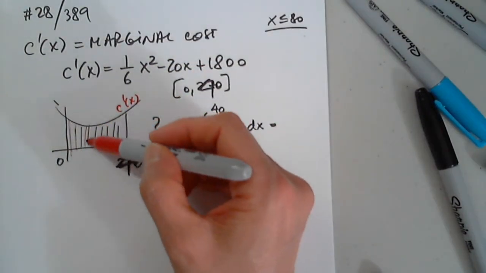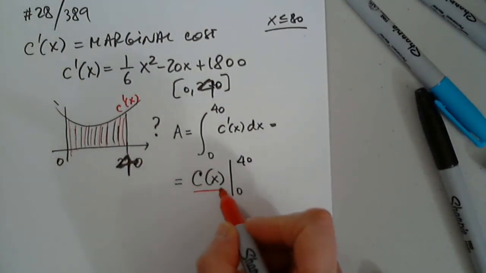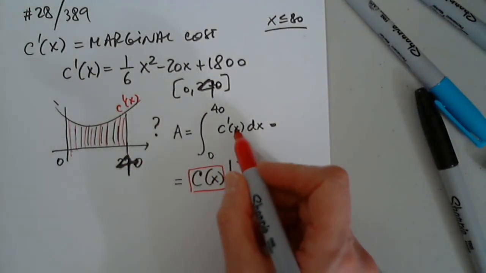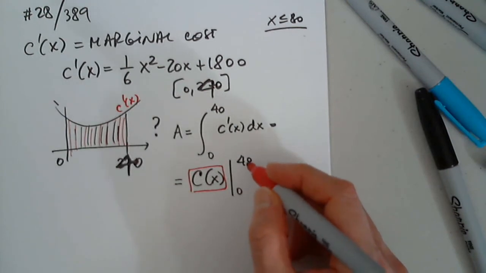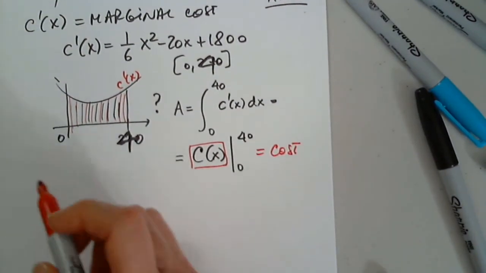So when we determine this area, we are really determining the antiderivative of function c prime, and we evaluate from 0 to 40. And this will be the cost for producing